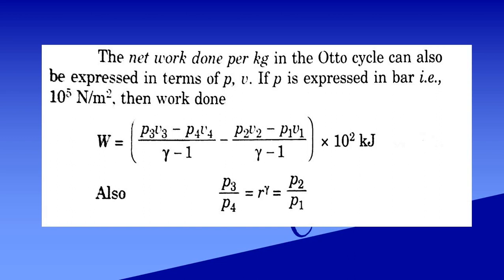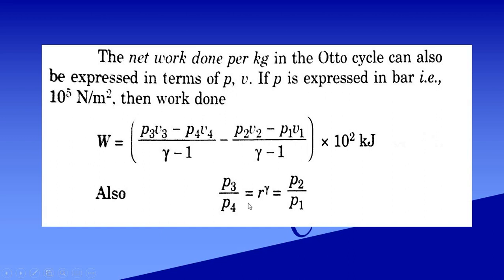Why are we writing this? Because we have to convert everything into joules. Pressure is given in bar or in Newton per meter square, and volume in meter cube, so this has to be given in terms of joules. For that you substitute PV is equal to MRT. From that equation you know how we have to convert this. Now how can we get the value of M in kg? Everything I have told you.